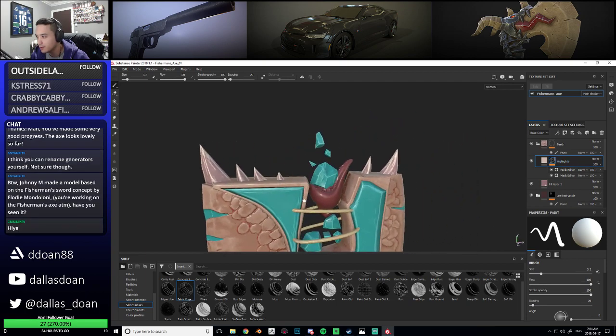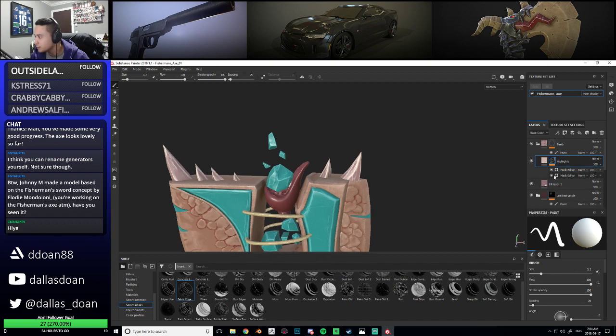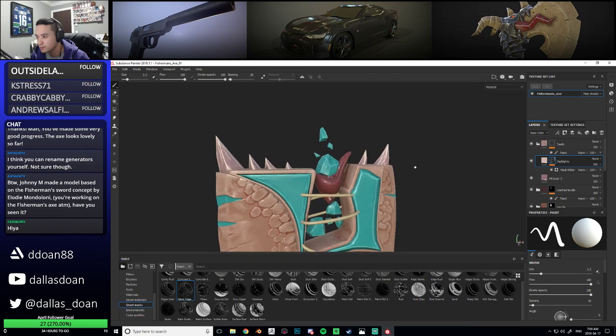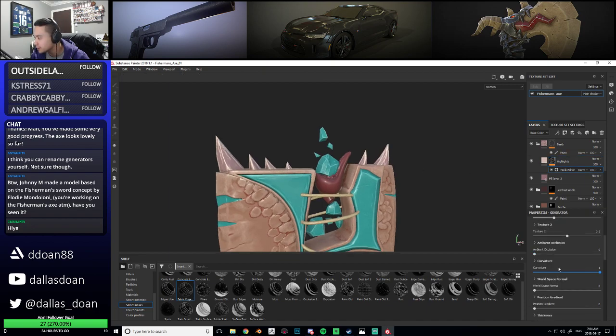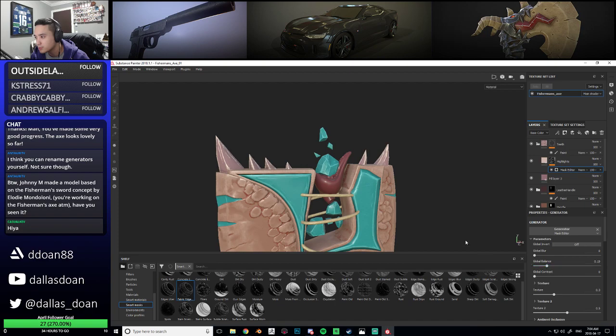Yeah, that's definitely a lot better. What I can do with this one too is bring this down a little bit. Nope, that's a little bit too much. Let's go a little bit of blur maybe. Could probably blur this a little bit, like maybe 0.5